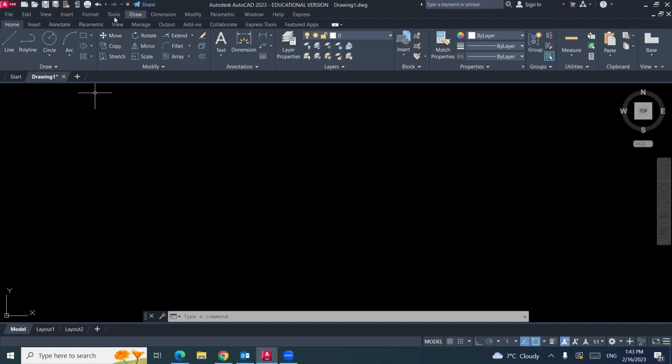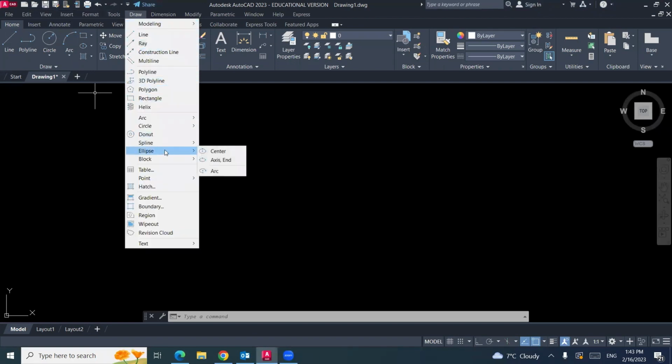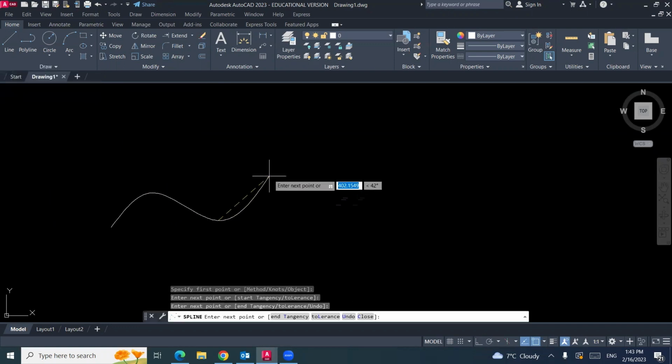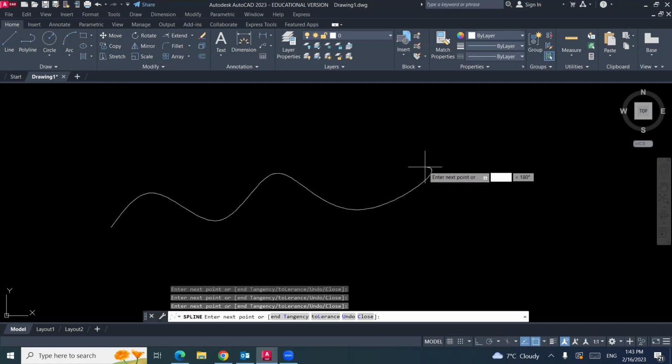So from Draw, we have spline. Where is spline? We have 3D spline, and we have spline here. This option or this option, both of them work. Let's try this one. Just click, click, click, click, click, click, enter, you are done.